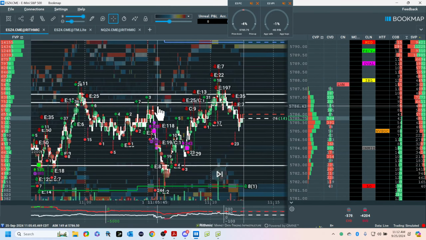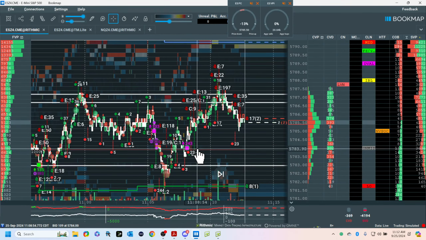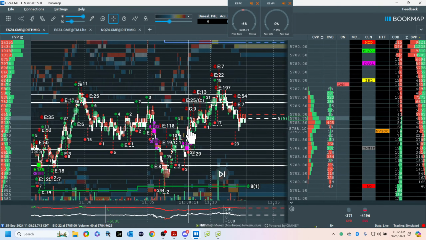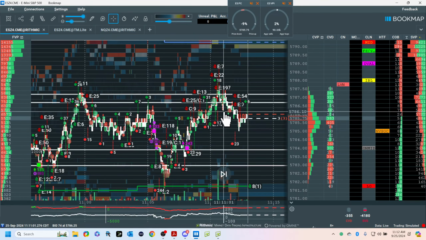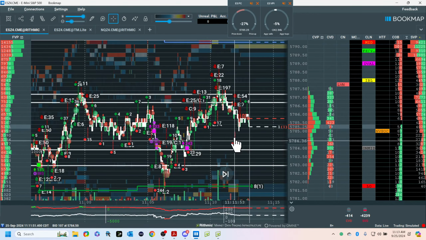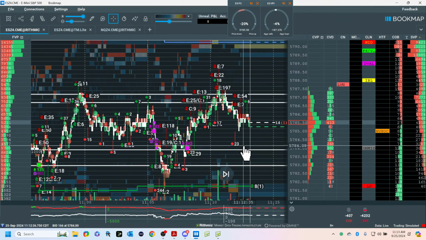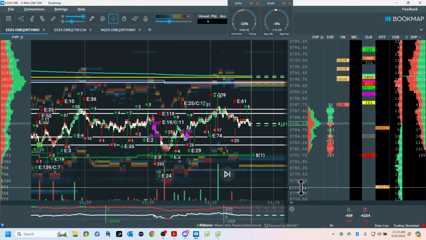Now, where did the buyers come in? Here, and there's also buyers there. So potentially, you'll see what happened here. We had sellers here and the buyers took over. So right here in this area is support. So if one took a short here, then this is your support area. So you'd be looking to scale ahead of this and then holding for the target potentially below. And again, I don't call trades because I take stops, and you don't want to take my stop. You can take your own.